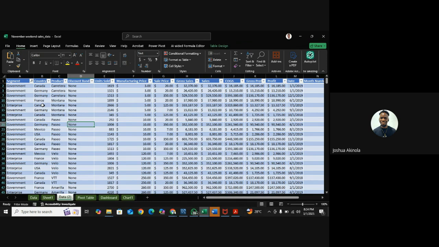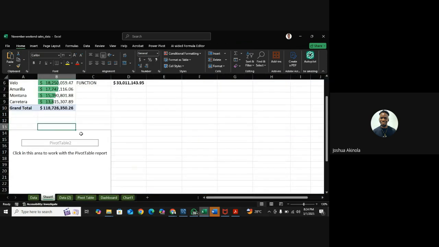Products acquired, I'm sorry, revenue acquired on products per country. So that's the pivot table. That's what we want to do. So right now, revenue acquired on products